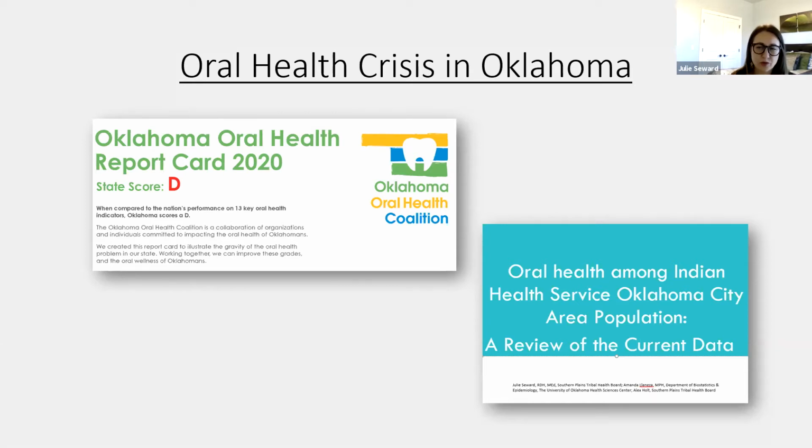Oklahoma has a 60% critical shortage of dentists, with 65 of Oklahoma's 77 counties federally designated as health provider shortage areas for dental service. And as many of you know, dental school is expensive. We have dental students that are graduating with hundreds of thousands of dollars in student loan debt. And unfortunately, a significant portion of Oklahoma's population live in poverty and depend on social services, depend on Medicaid. Medicaid in Oklahoma only covers emergency extractions for adults. And currently, Medicare does not offer an extensive oral health benefit.